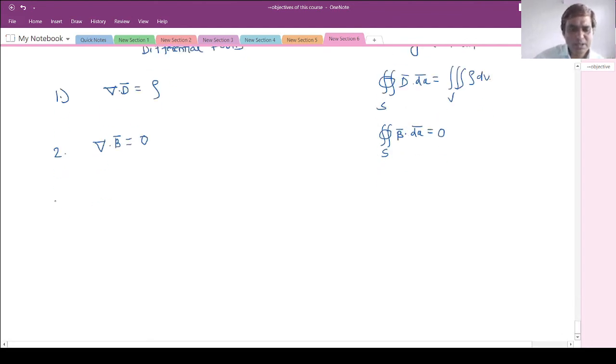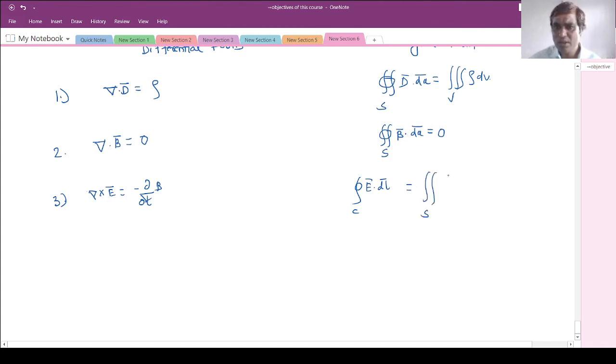This is second. Third is Faraday's law of electromagnetic induction. So there will be the curl of the electrical field, which will be equal to the negative of the rate of change of magnetic flux density. And in integral form, how can you write it? It will be the EMF, which is the closed loop integral of Ē·dl̄ over the contour, equal to the surface integral of the rate of change of B̄ with small area dA, and which will be negative of it. This is the third law, called Faraday's law of EMF.